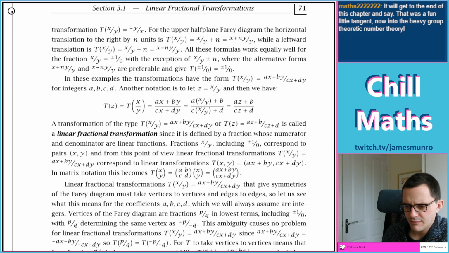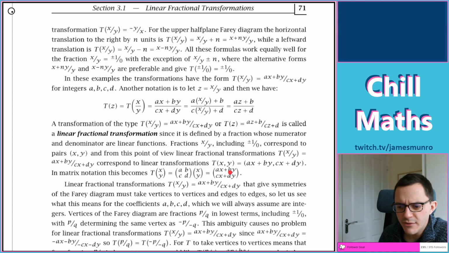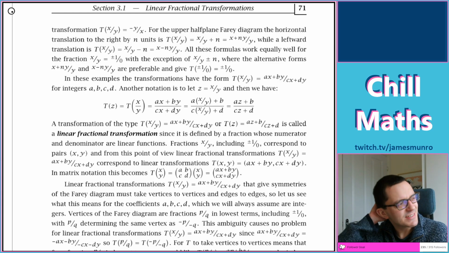Yep, I've seen a matrix before. They do things like this. They give symmetries to vertices to vertices and edges to edges. Right, is this now where we get some nice restrictions, like possibly AD minus BC being equal to 1? It's always AD minus BC. Plus or minus 1. Let's get plus or minus 1. Because,